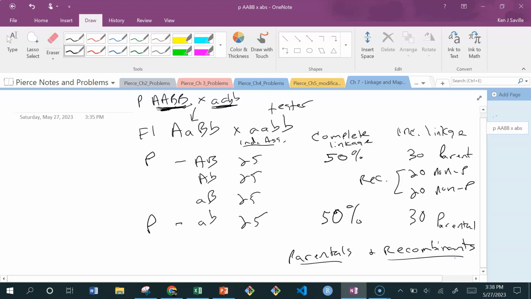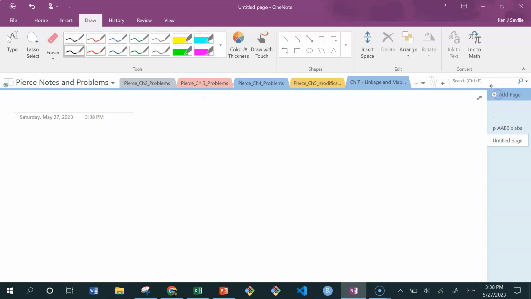This whole chapter is about figuring out what are the parentals and what are the recombinants. So let's think about that some more. If we do a test cross, another way to think about this: if parentals equal recombinants,